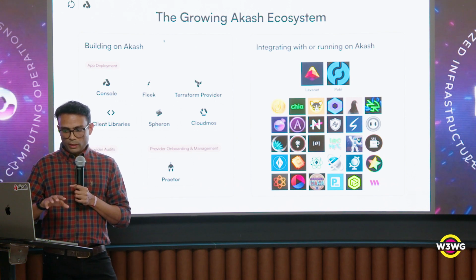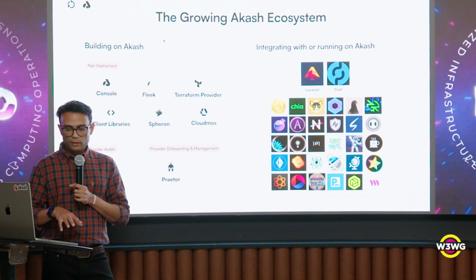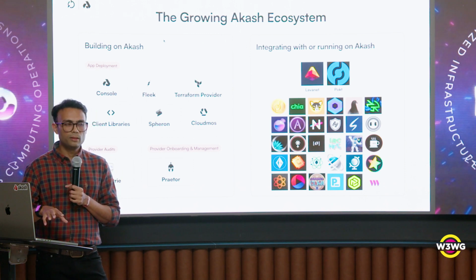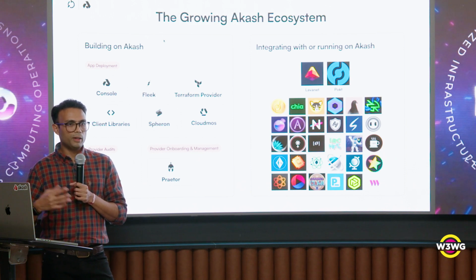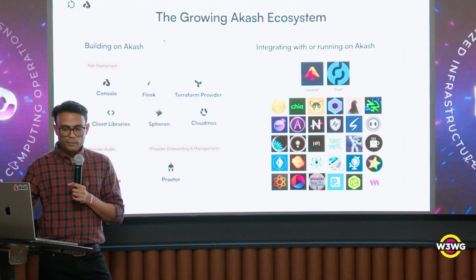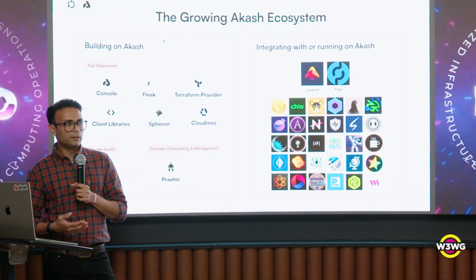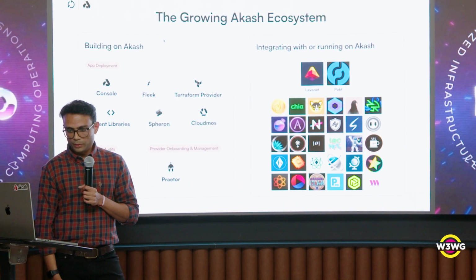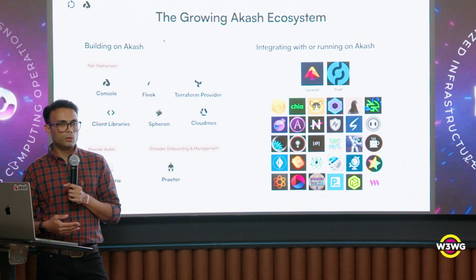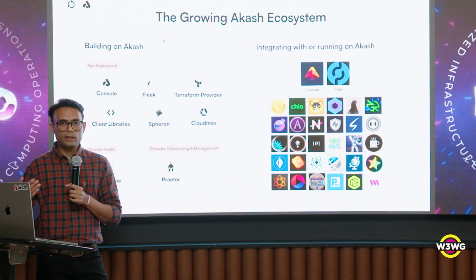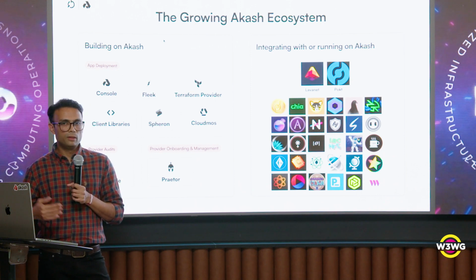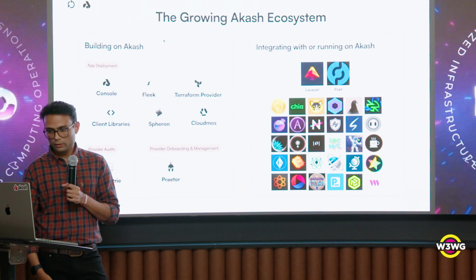Outside of deployment clients, we also have UI being built for provider onboarding and management by a team called Praetor. They have built a really easy tool for setting up a provider on Akash. You can use, of course, our command line tools and our Helm charts that come from the core team, but you can also use this UI-based method that runs in a browser to set up your provider if you want to be a provider. And then we've got Murty audits who are responsible for auditing providers. When a provider comes online, they check out the attributes that the provider is claiming to have. So if a provider claims a certain amount of CPU or memory or bandwidth, they go look at those things.